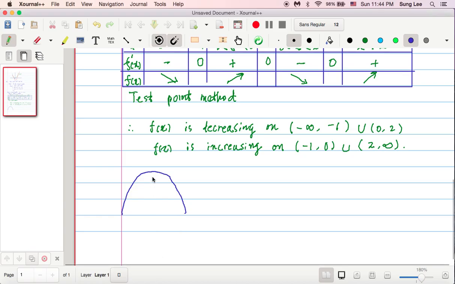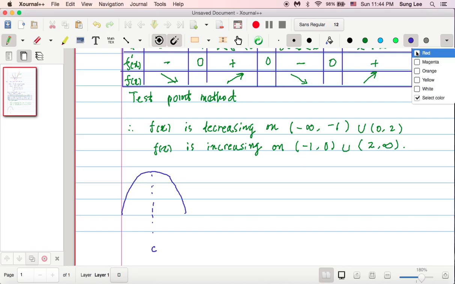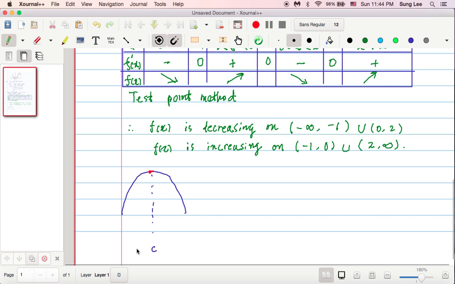So that's where the critical point C is, right? So from increasing to decreasing. So at that point, we have what? Local maximum, okay? So f of c, as a matter of fact, in this case, f of c is going to be our local maximum. Likewise, if the sign of f prime of x changes from negative to